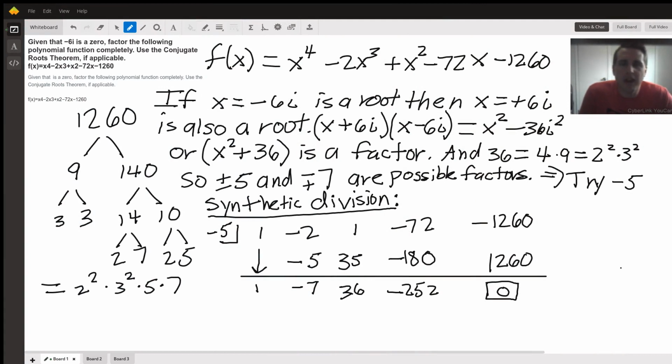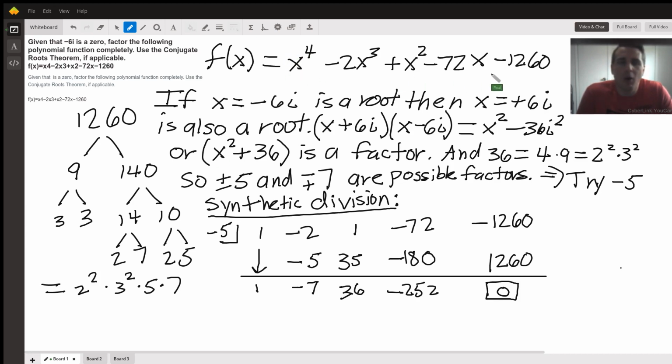Hello, I believe I can show you how to factor the function x to the fourth minus 2x cubed plus x squared minus 72x minus 1260 completely. And we should use several properties of numbers and the fact that x equals negative 6i is indeed a known root. Okay, so first of all, notice that because the leading coefficient is 1 on the x to